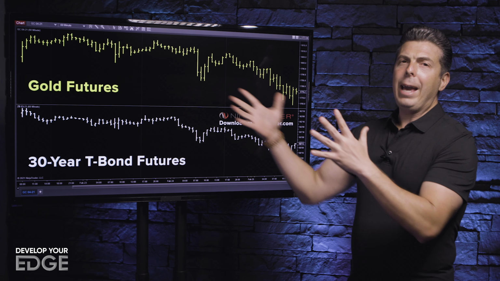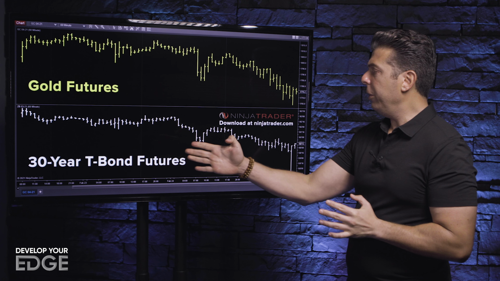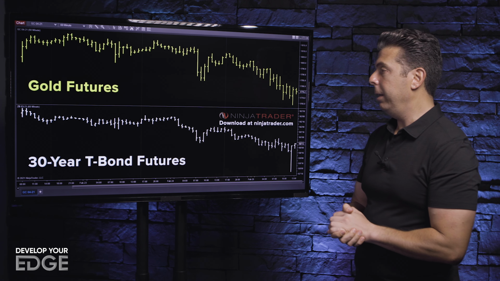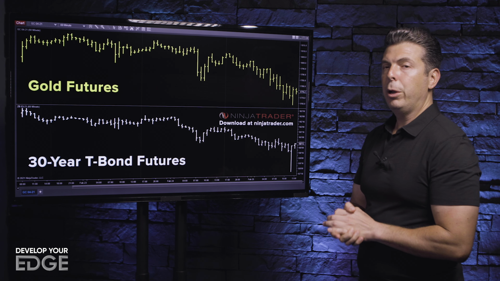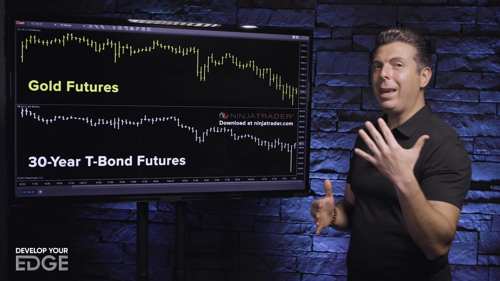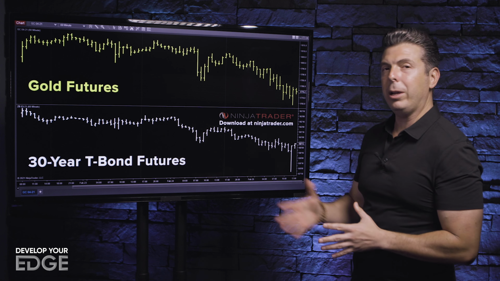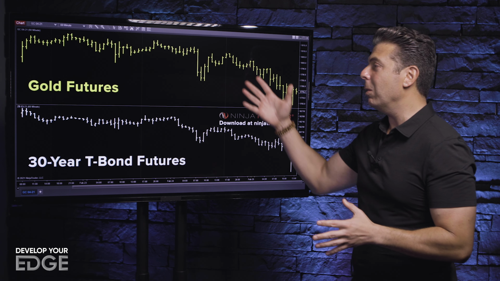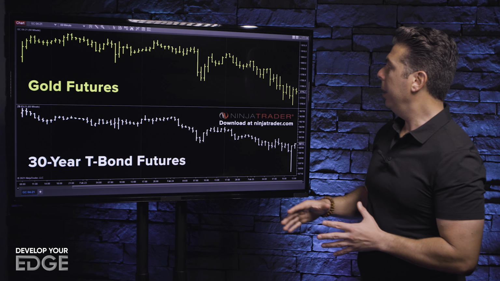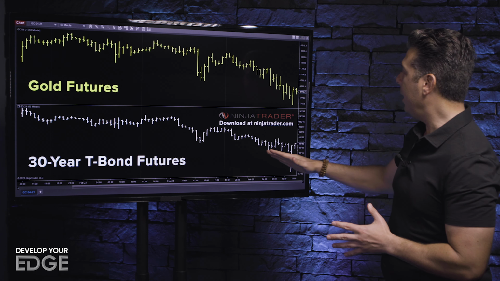Now, I'm pretty active lately trading the gold market, and the 30-year has been a market I've been keeping up, no indicators on it, similar to the dollar, for the raw price action of it, to be able to tell me if gold is being led lower or higher, because the bond market really lately has been leading a lot of the moves in gold. If you look at the two charts up here, gold up top, bonds on the bottom,